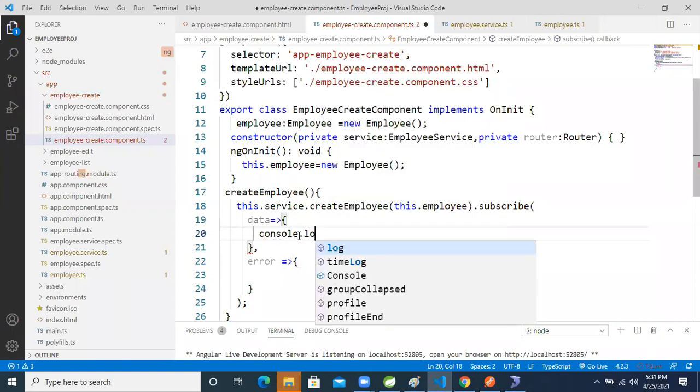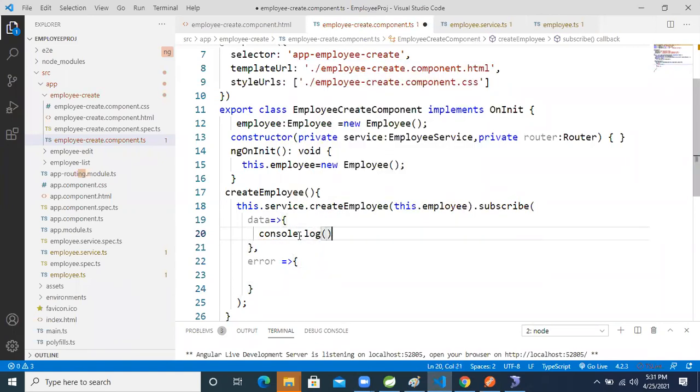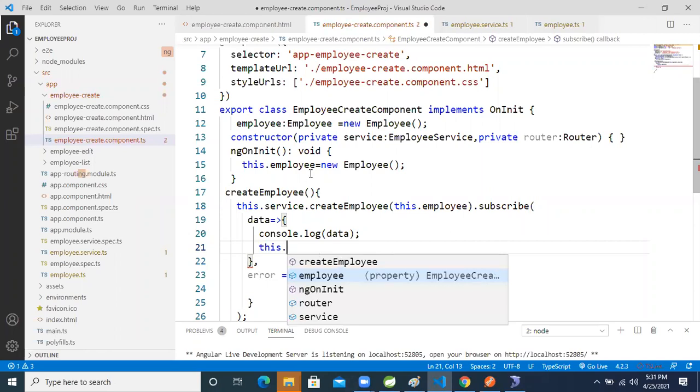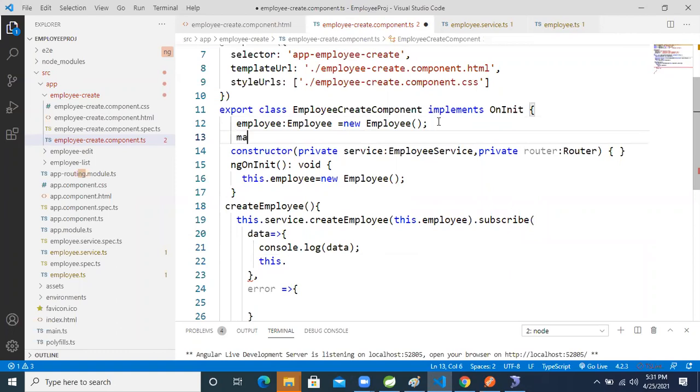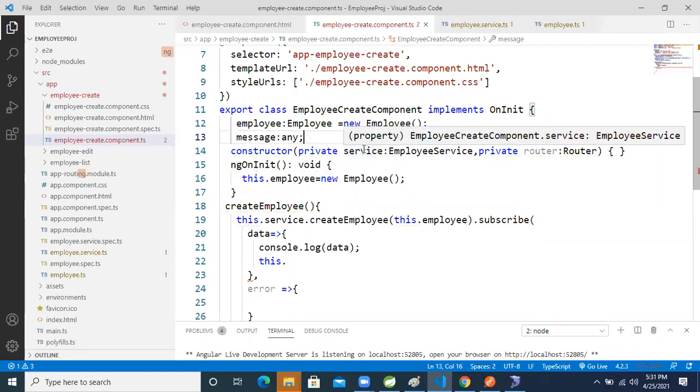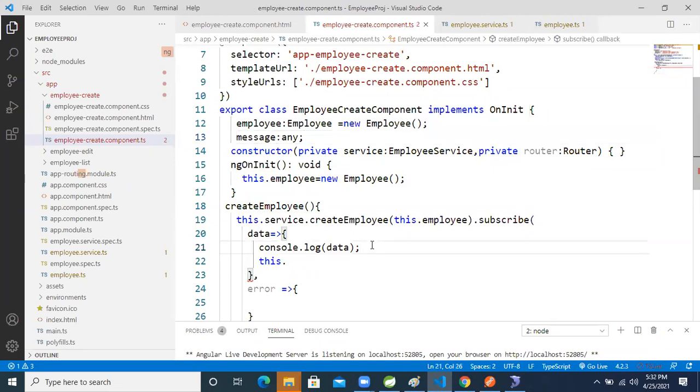Now here I'm writing console.log, and inside it I pass data. Then we need to send the message also, so I'm taking a message variable, colon any type. this.message equals data.